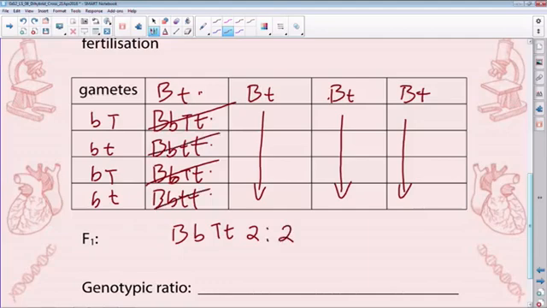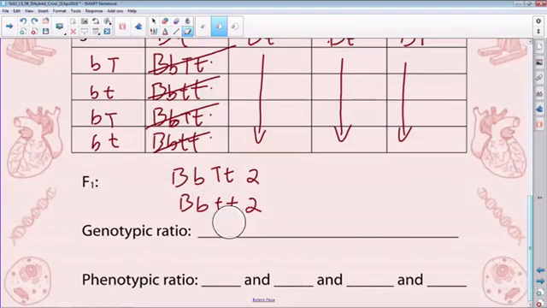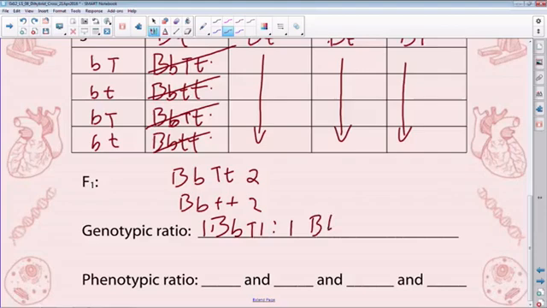The ratio is going to be big B, small b, big T, small t, to big B, small b, small t, small t. There's one of those to every one of the other. And that means we're going to have